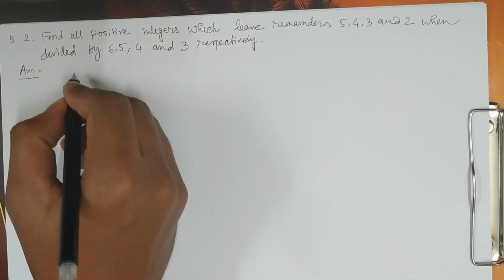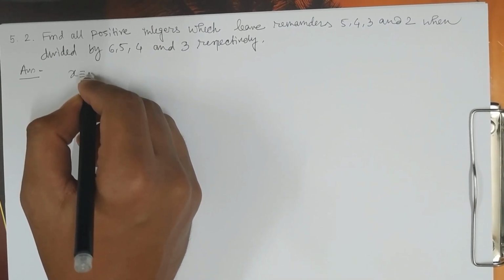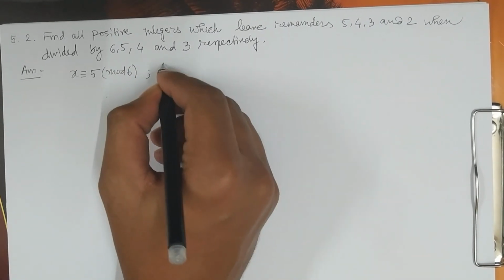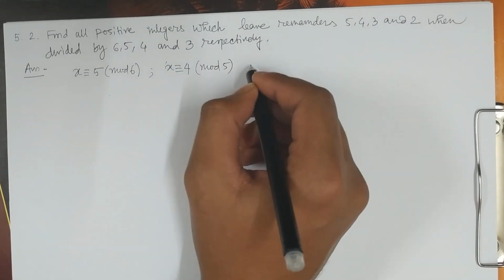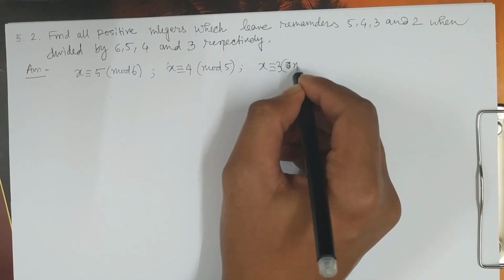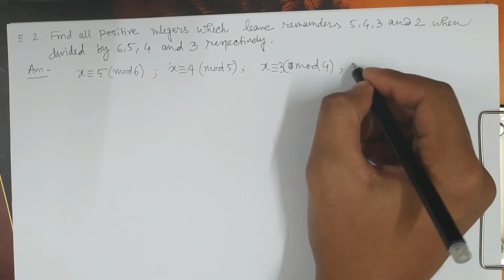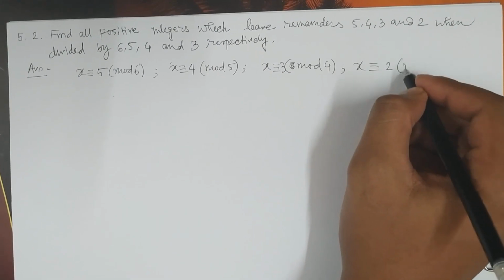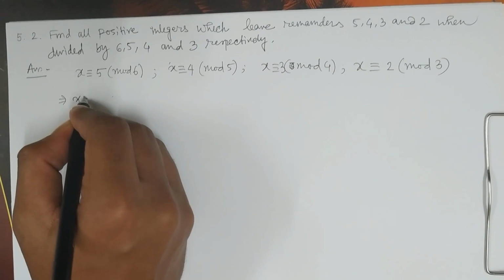So what do we need? We need to solve basically the system of congruences: x congruent to 5 mod 6, x congruent to 4 mod 5, x congruent to 3 mod 4, x congruent to 2 mod 3. So it is basically x plus 1